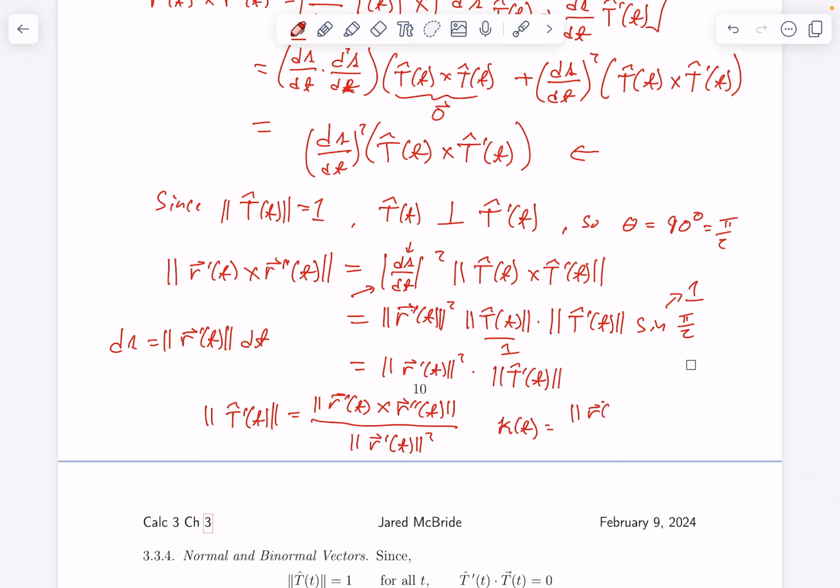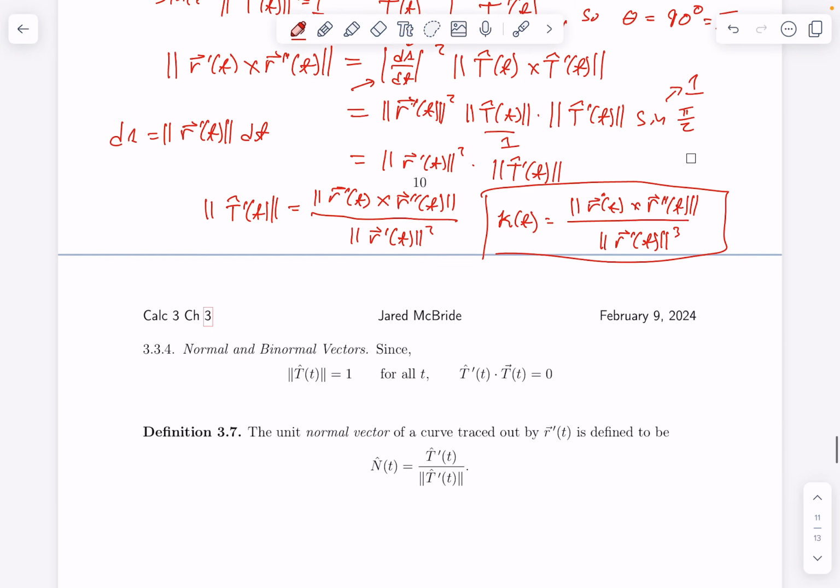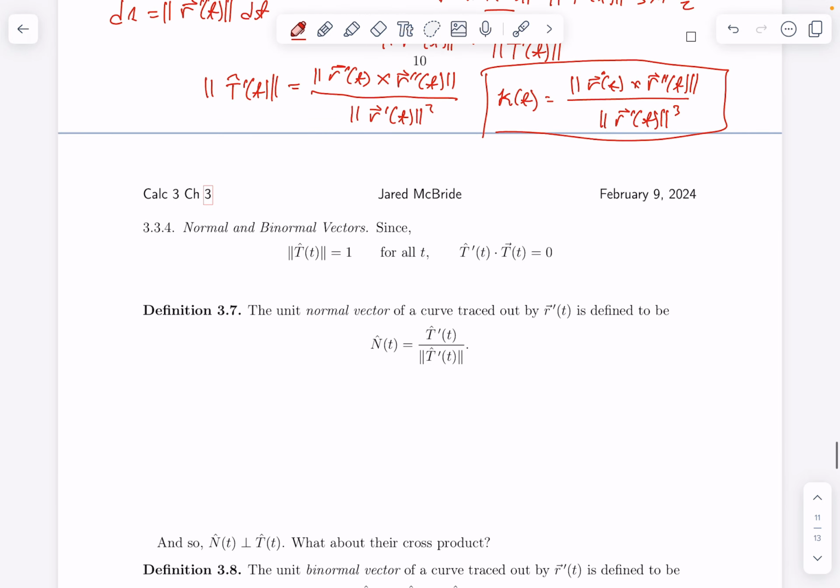r prime t cross r double prime t times this thing cubed. And that's our proof. Okay, now I just want to spend a few seconds talking about normal and binormal